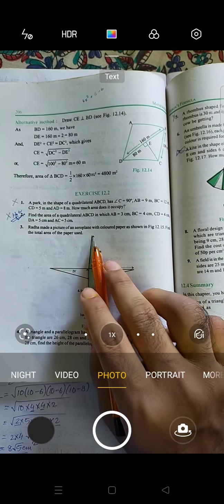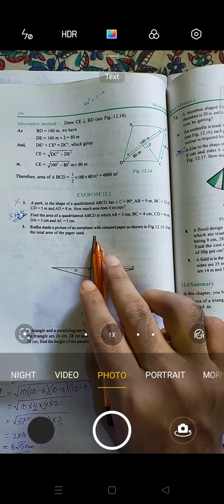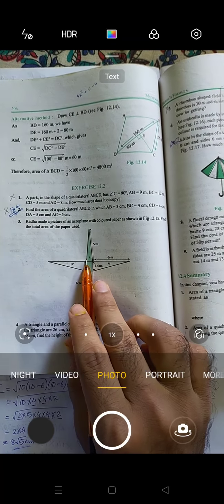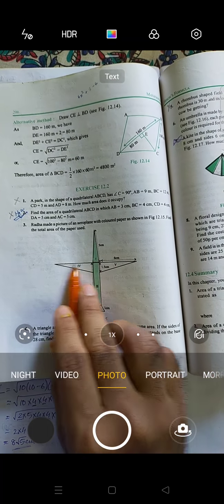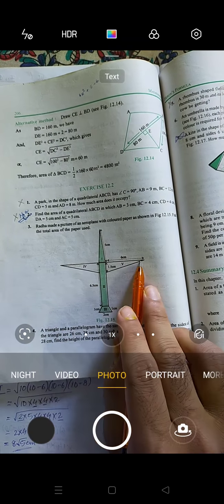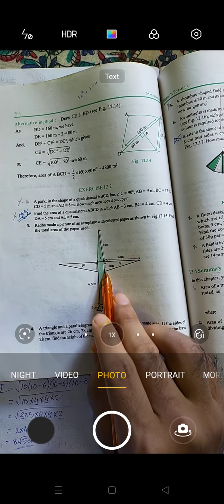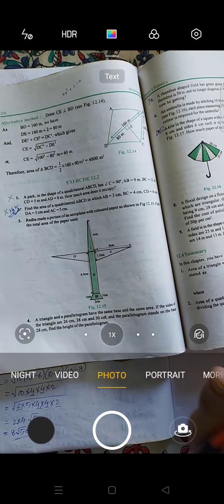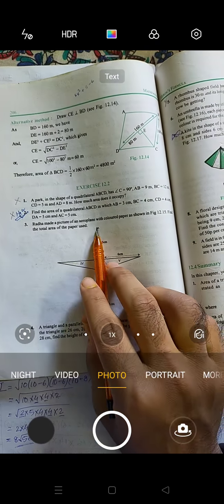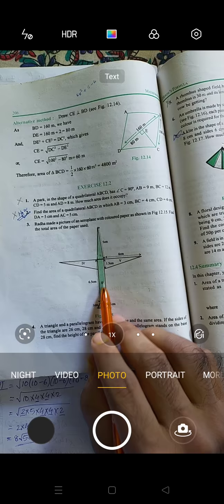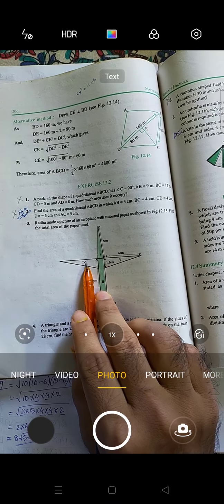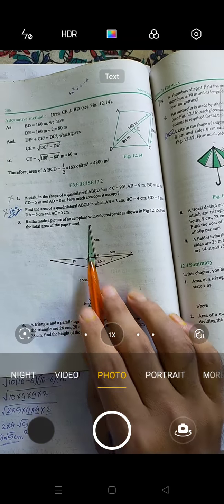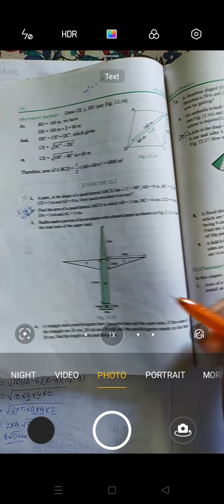Now in this plane, remember that this and this are equal. This is equal to this. This is equal to this. Is it clear? This is 1.5, so this is also 1.5. Now how to find this area? It has been given that the top one is 1, this is 2, this is 3, this is 4 and this is 5. So you find all the areas 1, 2, 3, 4, 5 separately and then add them.